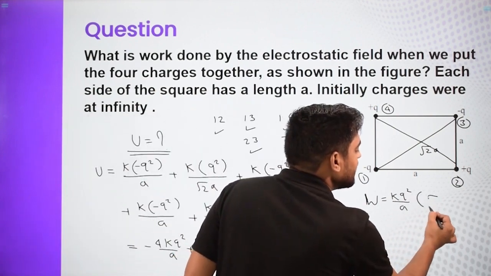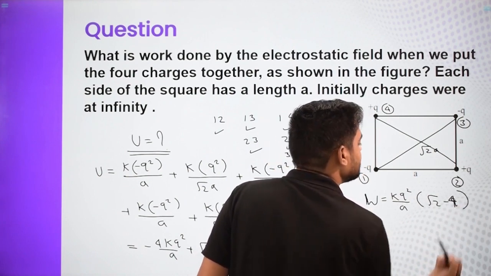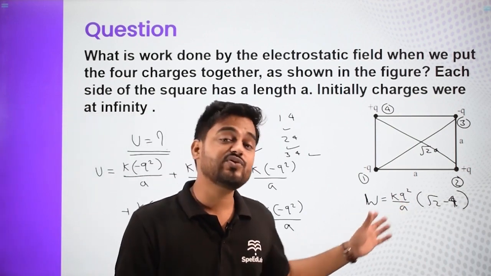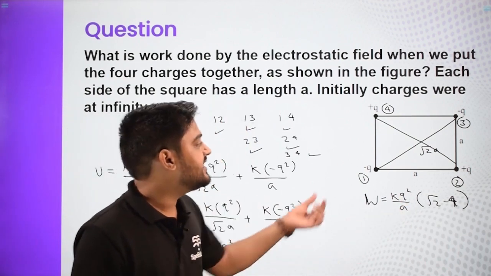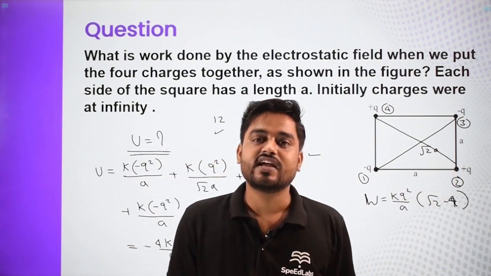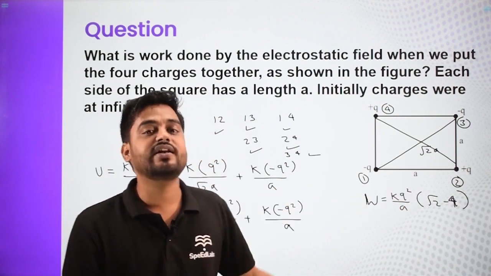Obviously it is negative work. So this is negative work, but we are forming a system, so we have to do some of the negative work, because see, there are positive charges, there are negative charges. So while we bring the negative charges, it is possible that the electric field might attract them, right? So we have to do the negative work as well.